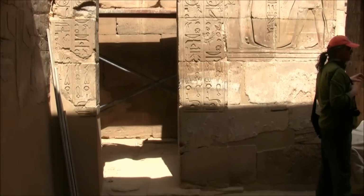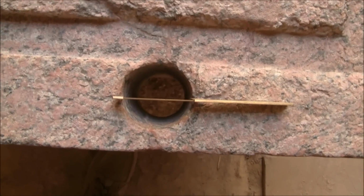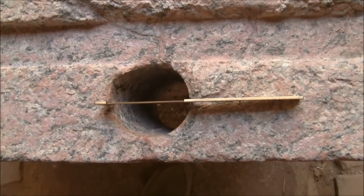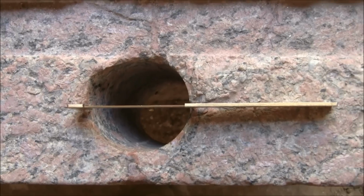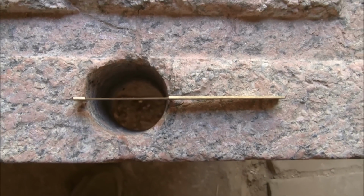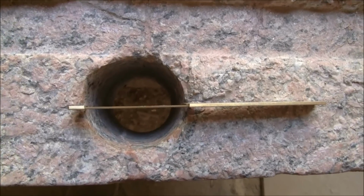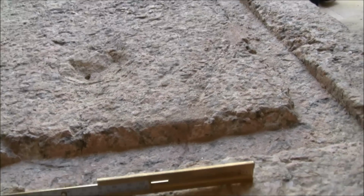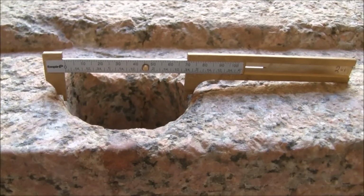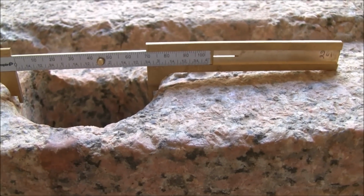Here we have our first possible example of lost ancient technology. This hole. I think I can see a spiral groove, as in a drill bit inside, but you need to actually be able to get an impression with some kind of latex, some kind of other material to find out. But at least using these calipers, and this is an approximation, I am not an engineer, but an approximation, 70 millimeters across,